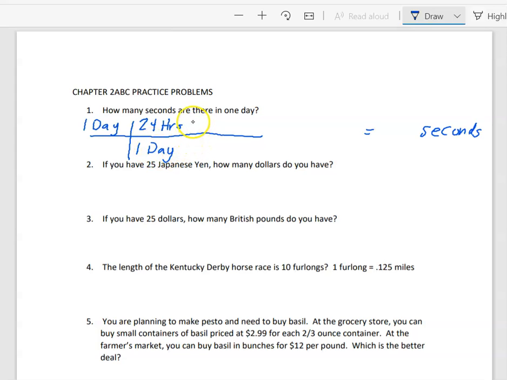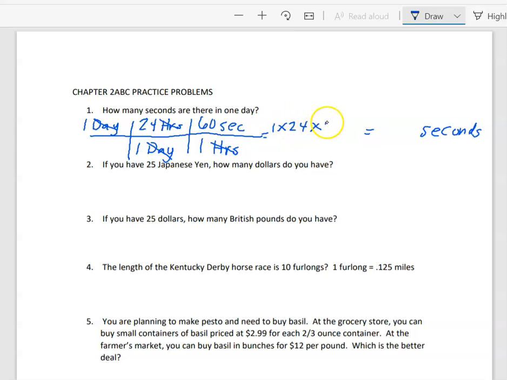Okay, I know that. And I put the day on the bottom so that it would cancel out, because I need seconds in the end. So what about, I need my hours to cancel out, right? So 1 hour, I know that there are 60 seconds in 1 hour. That's going to make my hours cancel out. And so if I take 1 times